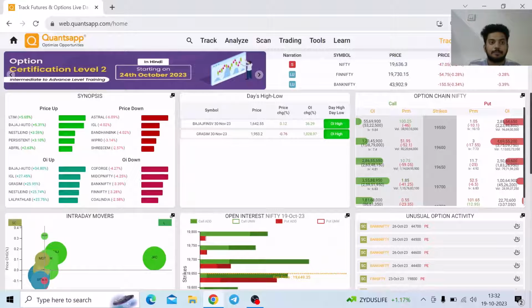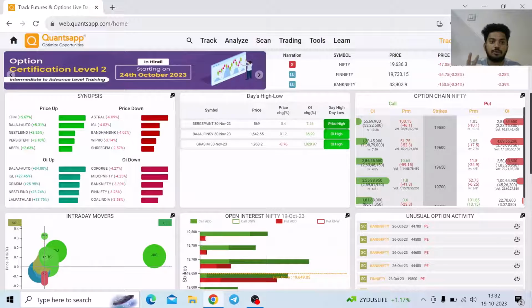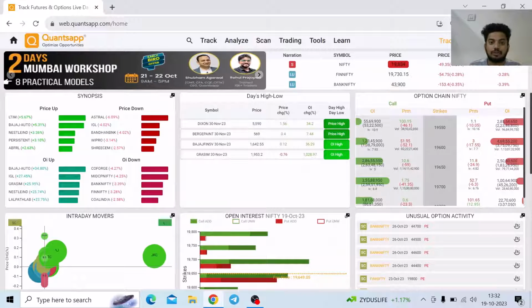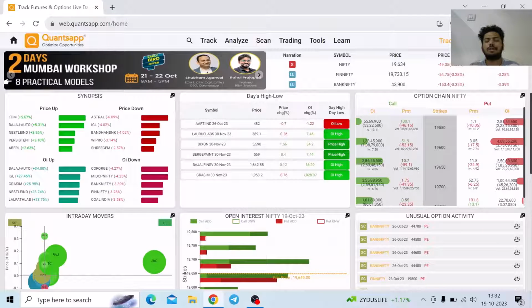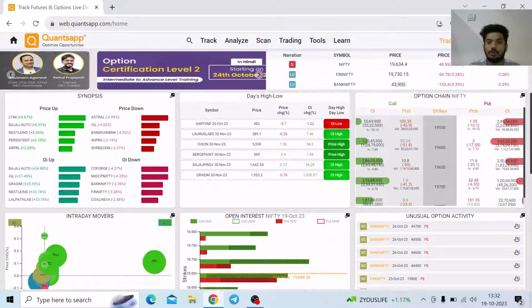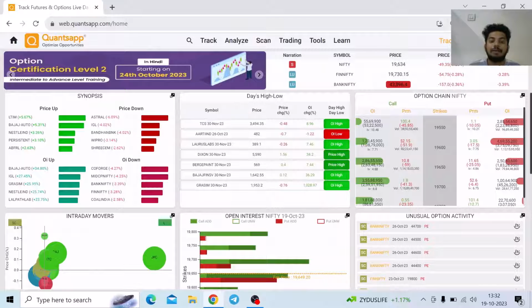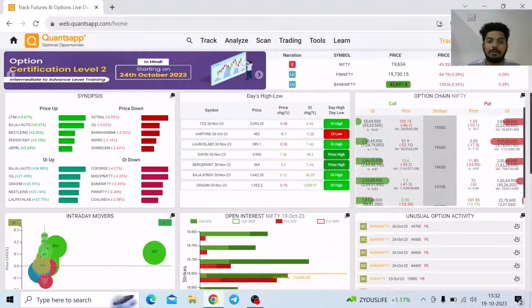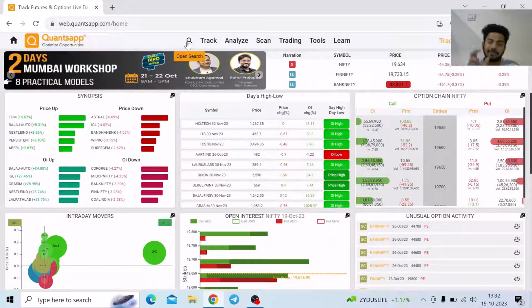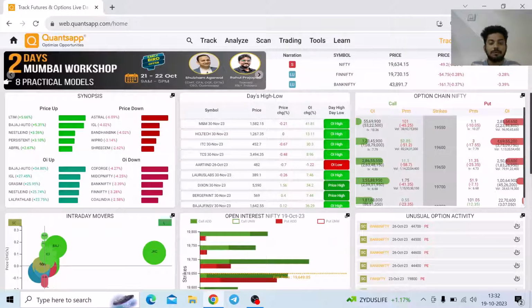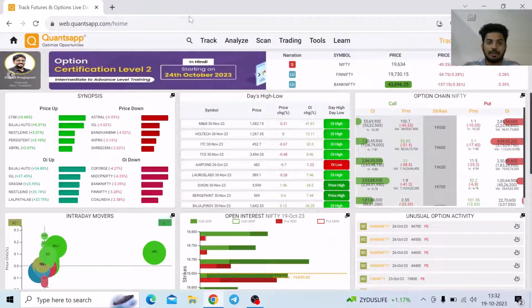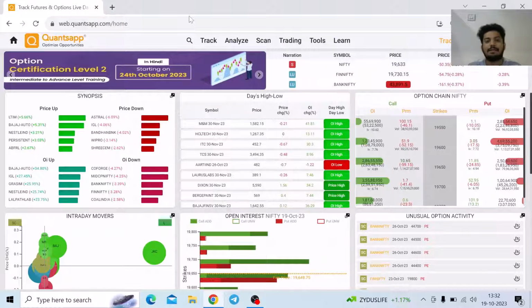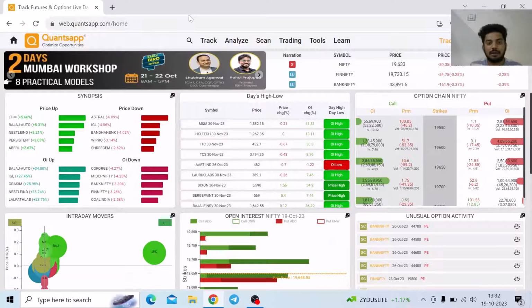Second thing is, if I don't have any view, then what should I do? I will prefer doing strategies like long straddle, buying at the money call and put, and holding it for 2 to 3 days maximum. Okay, not more than that. The reason is the theta might kill the entire premium that we have earned. So whenever we are doing long straddles, or buying naked options, the theta should not kill me. So that is the reason I will maintain 2 or 3 days of time stop loss, and I can cruise that trade.